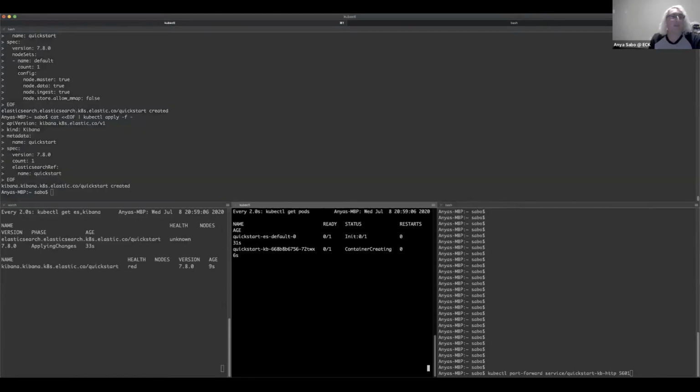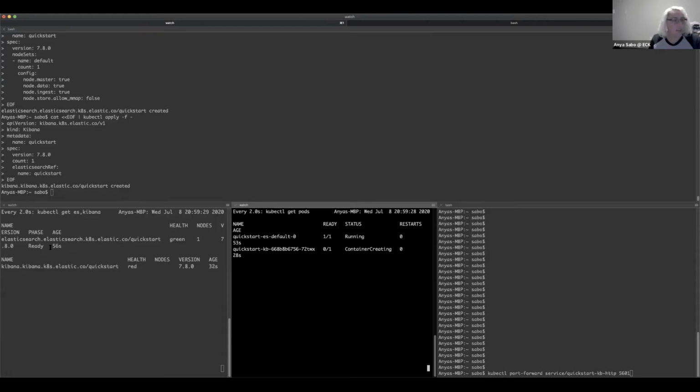And as I was mentioning before, pods are the smallest unit in Kubernetes. It's a group of containers that all need to run together and share a namespace. We can see that right now the quick start Elasticsearch is starting, but it's not quite there yet.